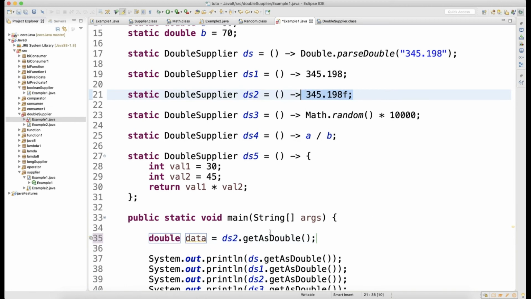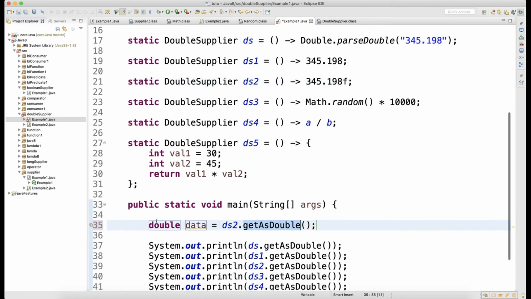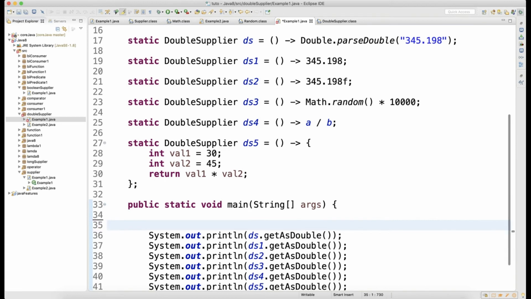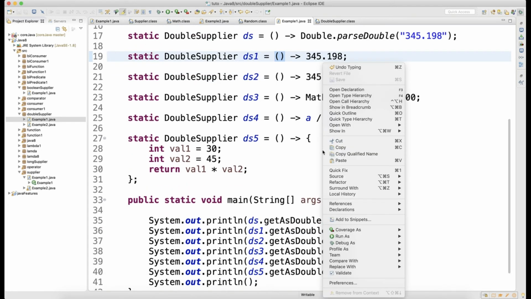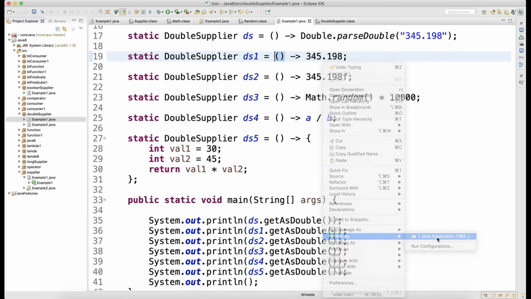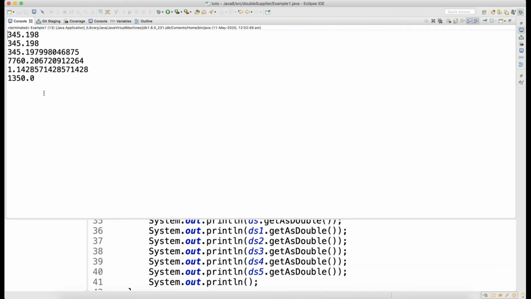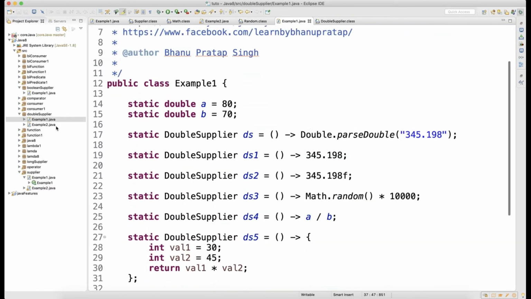That's what I was saying. Though it is a float, when you call this method getAsDouble, everything will get converted to double. And again, this double supplier will not accept any input. It will just give you output as a double. So if you run this program, you can see that all double data got printed here.